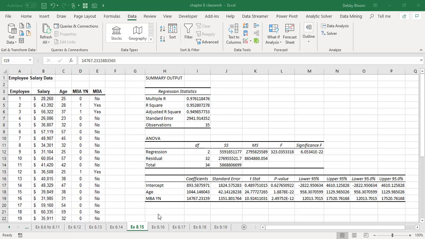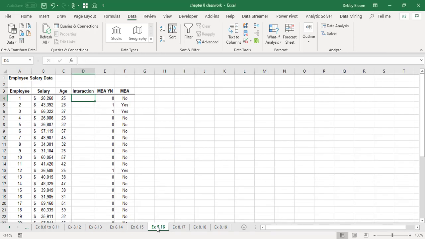Now we're going to move on to example 8.16. So click the EX 8.16 worksheet tab. In example 8.16, they want us to create an interaction variable. So I've already coded the MBA yes, no field. Now what we're going to do is create a new field where we're going to multiply the age by the MBA. So we're going to click in cell D4 and type the formula equals,